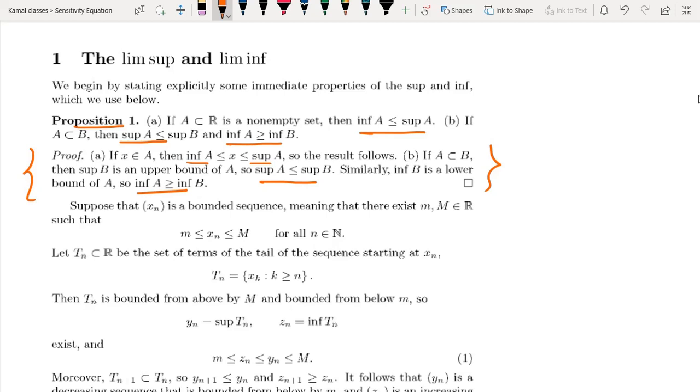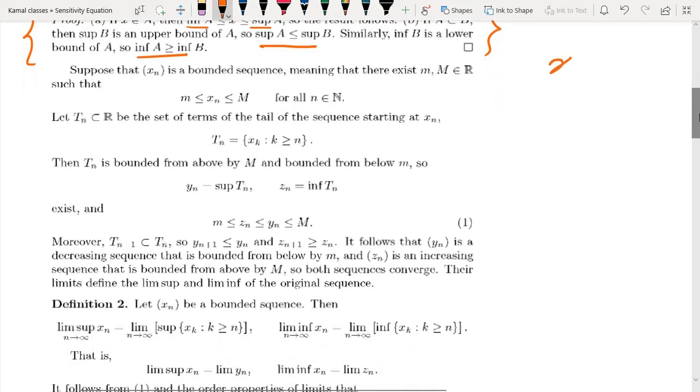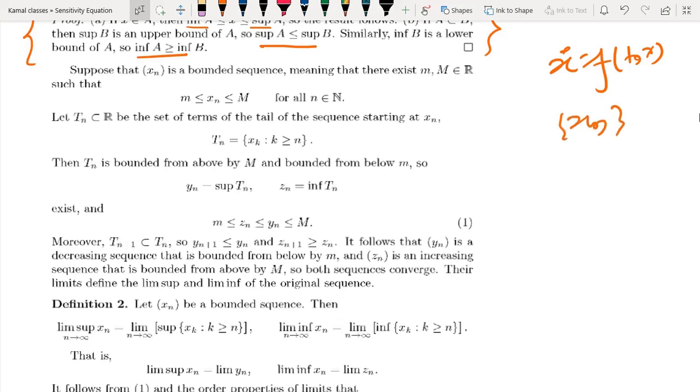Now whenever we talk about the limit supremum or limit infimum, at that time we are going to talk about sequences. I have already told you that whenever you are solving some kind of differential equation or something, then sequences matter, because we can consider any sequence, and finally we are able to converge to some valid sequence. So we have to see sequences very carefully. So whenever I am representing a sequence, at that time I am using the notation x_n. Some books also use this kind of notation.